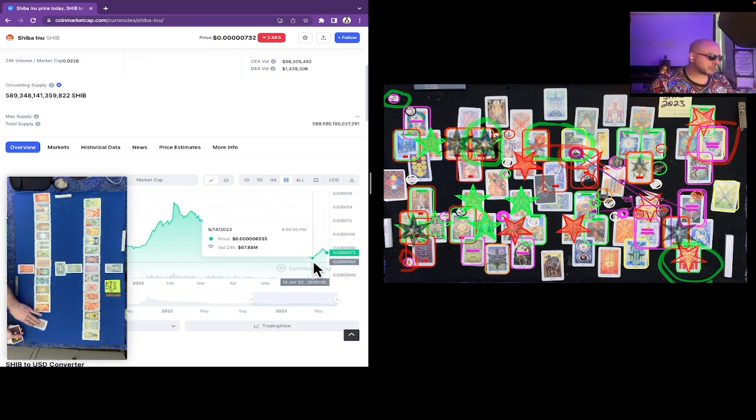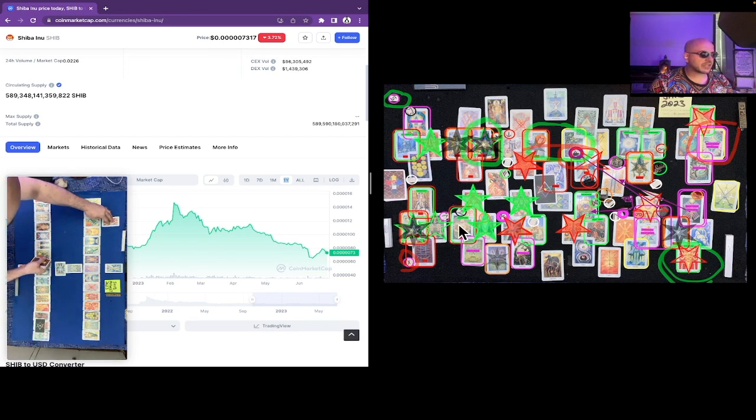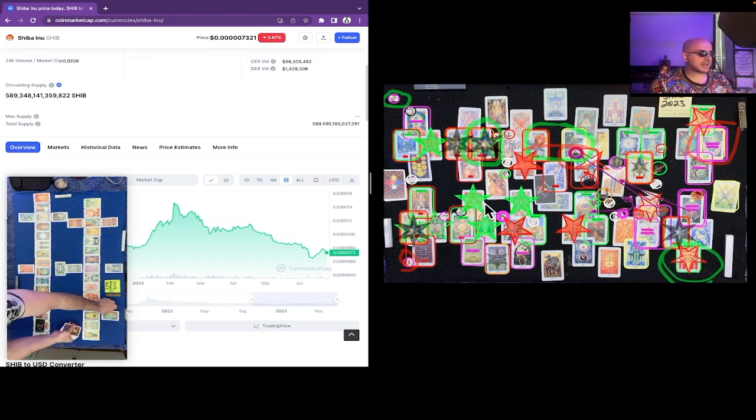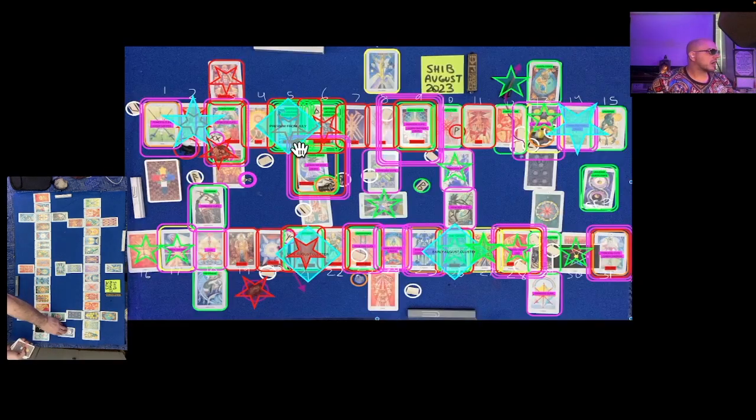So that's pretty solid. What we should see coming up is in early July, there's a pretty sharp drop. In August, we have a lot of price movement, and it looks like there's a highest high in there. Based on where we are right now, it may not be a highest high, but it's going to really stand out if it's not a highest high. The high in August will really stand out, and it's towards the end of the month of August. All right, so let's get into it.